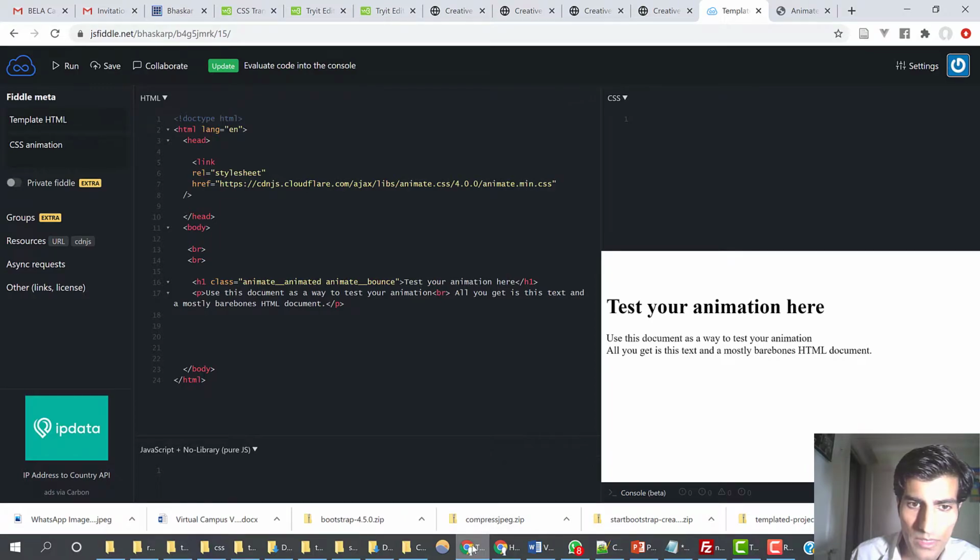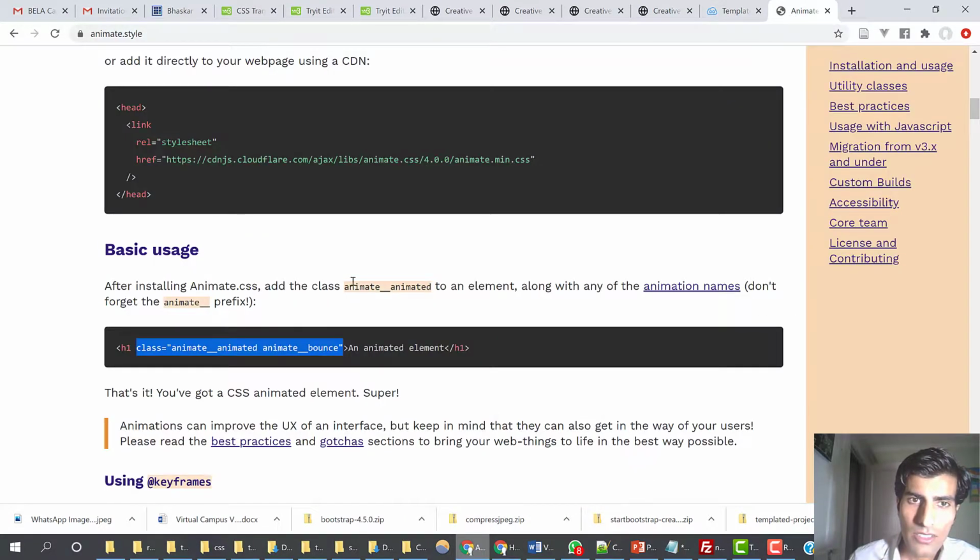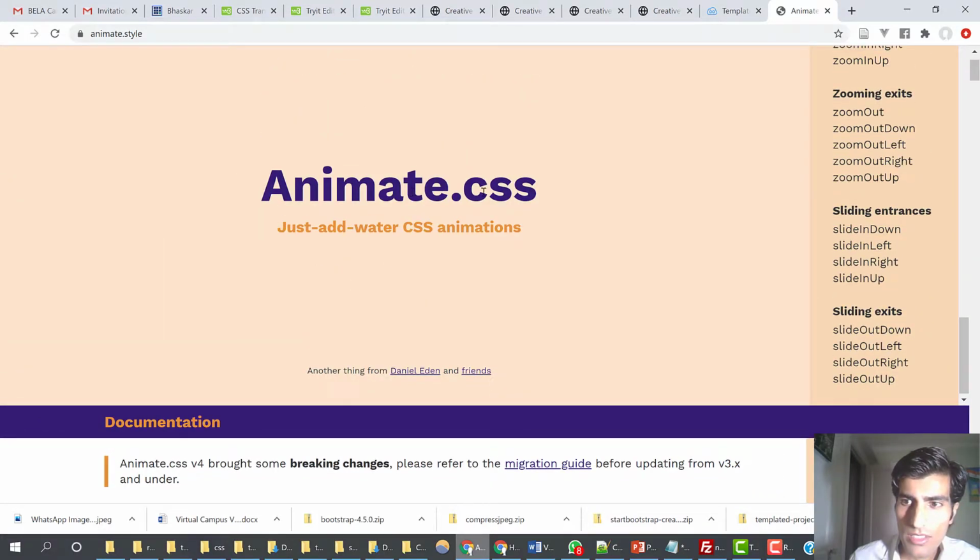Now we want to add the part that says the slide down. Now that's the animation we want. We don't want the bounce. So how do we get that? How do we get the code for that? And the way to get the code for that is